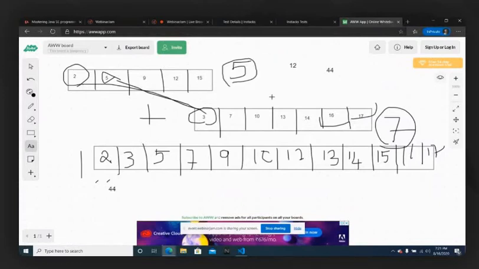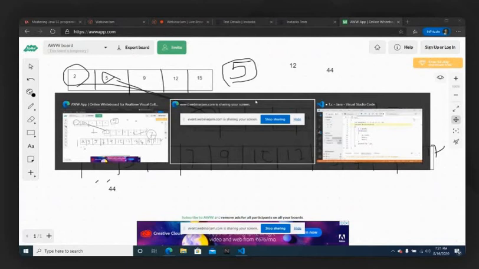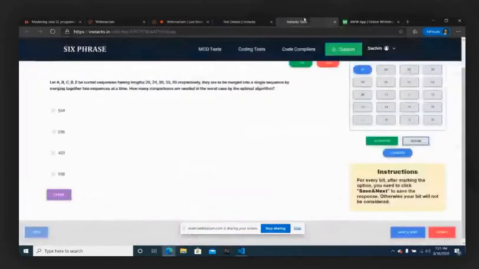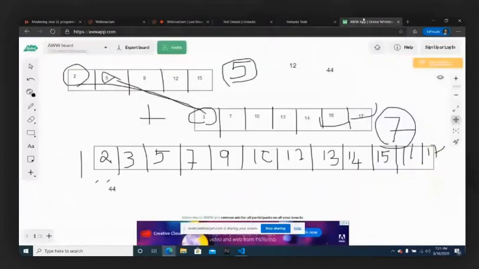So first of all, taking your first two things, first 20 and 24. Taking 20 and 24, you will be merging it to give an array of size 44, and totally for merging 5 and 7 it is taking 12. So for merging 20 and 24 it will be taking 44.